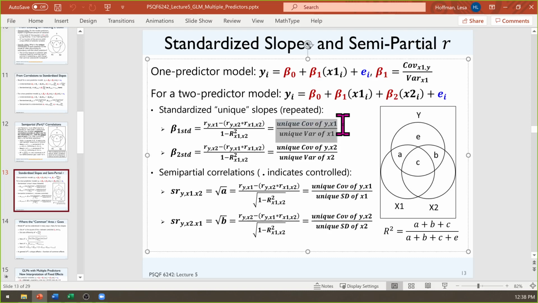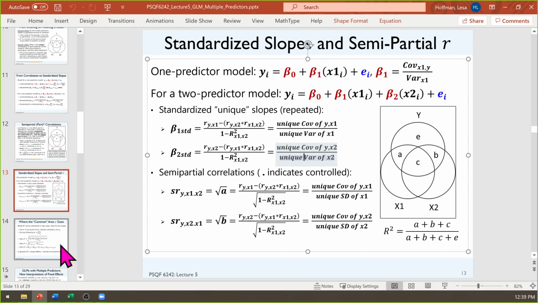Both of them have the same numerator. So a standardized slope is the unique covariability between that predictor and the outcome. But the difference is that the standardized slope has a denominator of the unique variance of the predictor, whereas the semi-partial correlation has a denominator of the unique standard deviation. So they're getting at the same idea, just on slightly different scales.